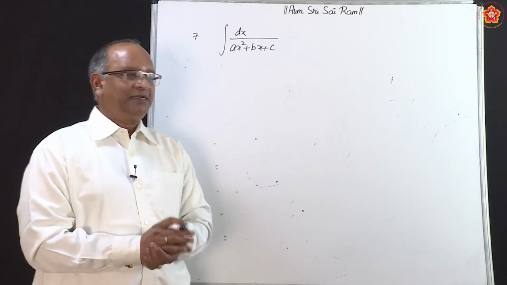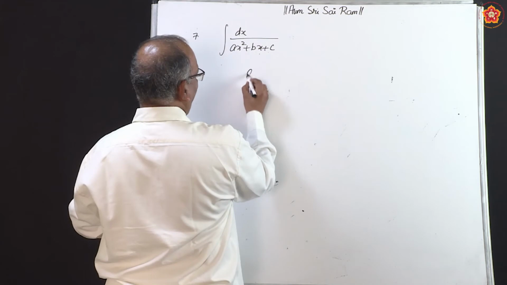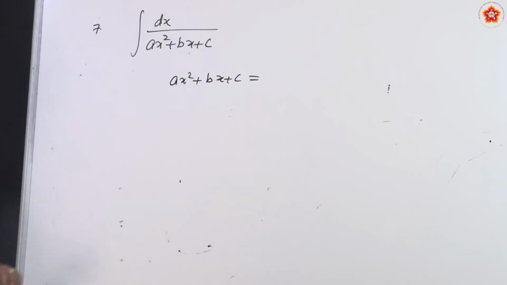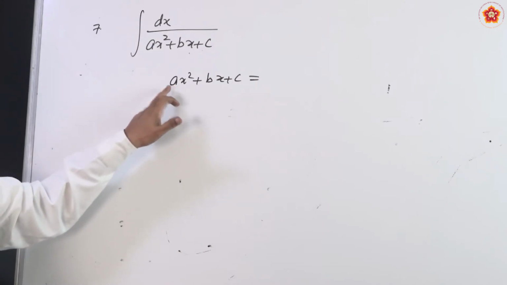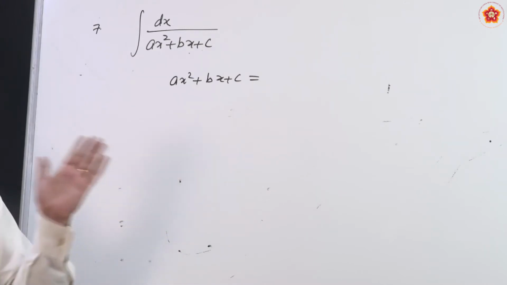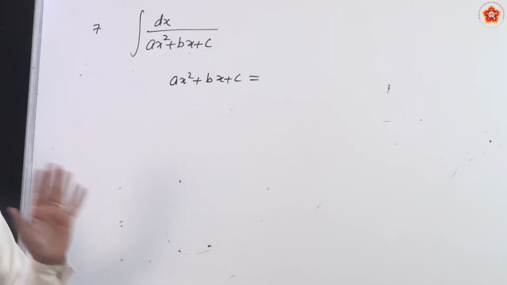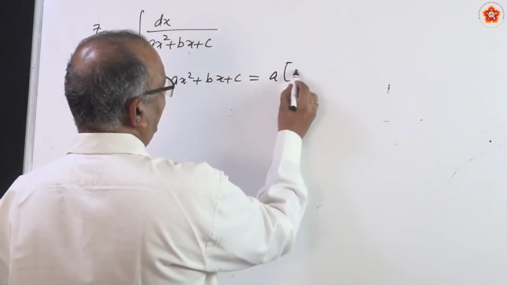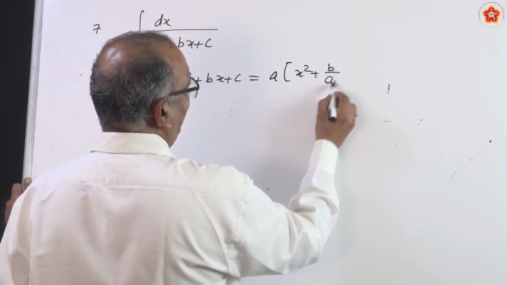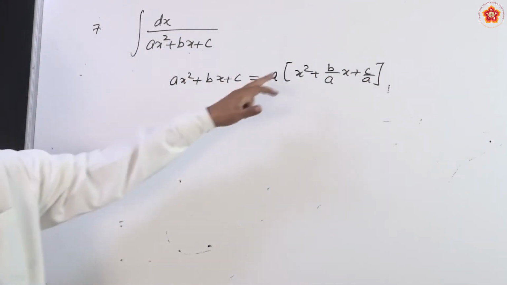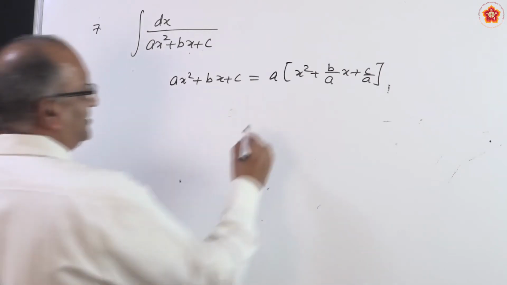What is the procedure? Just take that expression separately, ax square plus bx plus c. Make sure that the first term is a square term. The first term is ax square. A is not a square term. So, we have learned 2 methods. One is remove a or multiply a whole thing with a. Any one of the method will make sure that the first term is a square term. So, let us say we are removing a. This can be written as x square plus b by ax plus c by a. Means we took out a common, so we got that expression. With the help of first two,